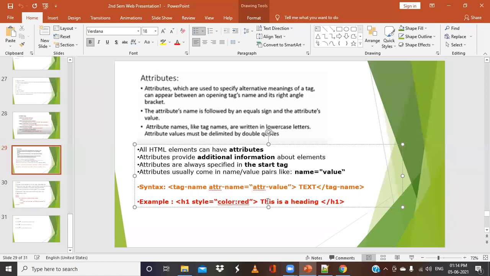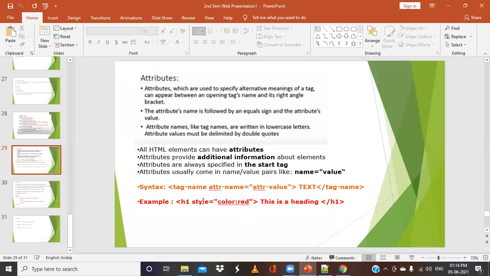That means I have provided the information that this is a heading, and I want to make this heading with a color of red. So here style is the attribute name and color:red is the value for this particular attribute.